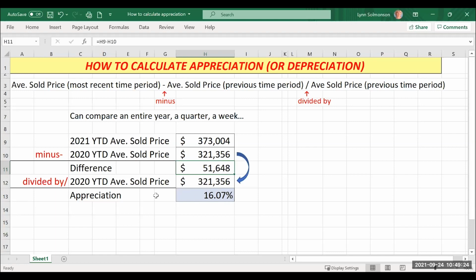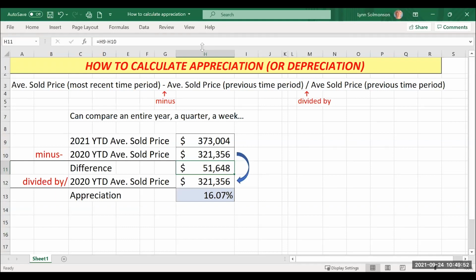And so appreciation for condos, 2 bathrooms or more, 2 bedrooms or more, Cedar Mill, just over 16%. So I think it's just good to see how to do that. Again, it is in your packet: the newer time frame minus the older time frame, the difference divided by the older average sold price.